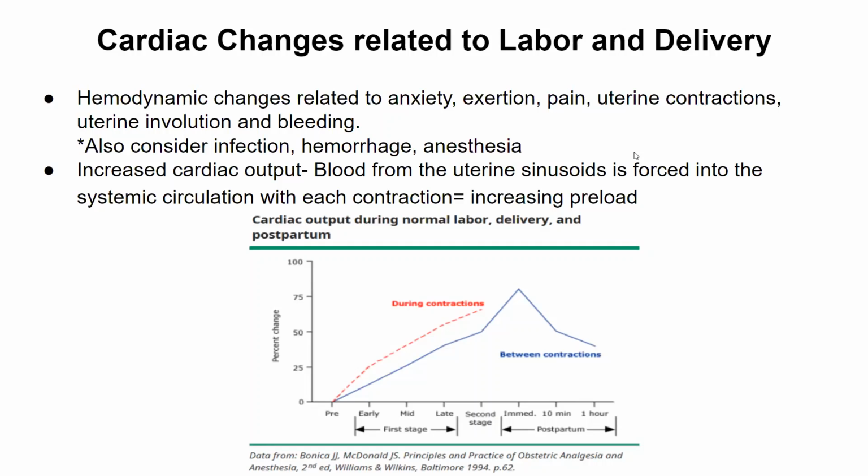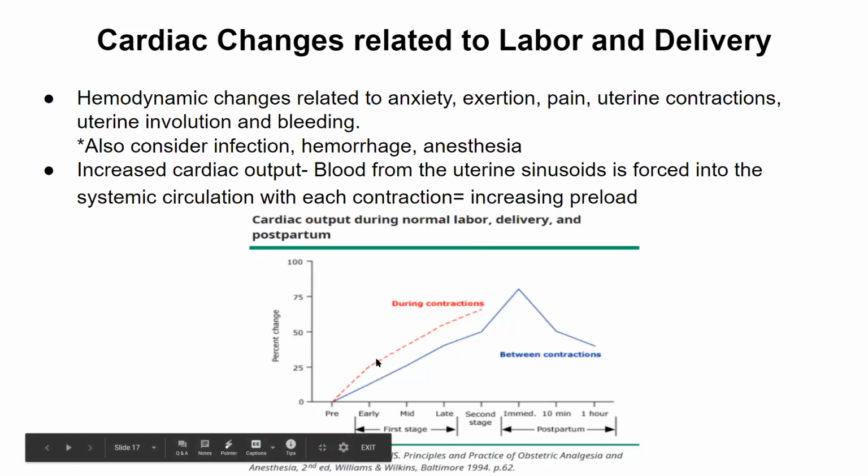There's increased cardiac output during labor, and then blood from the uterine sinusoids is forced into the systemic circulation with each contraction, which really increases the preload. So I think this chart down here, which is from UpToDate, does a really good job of depicting that,